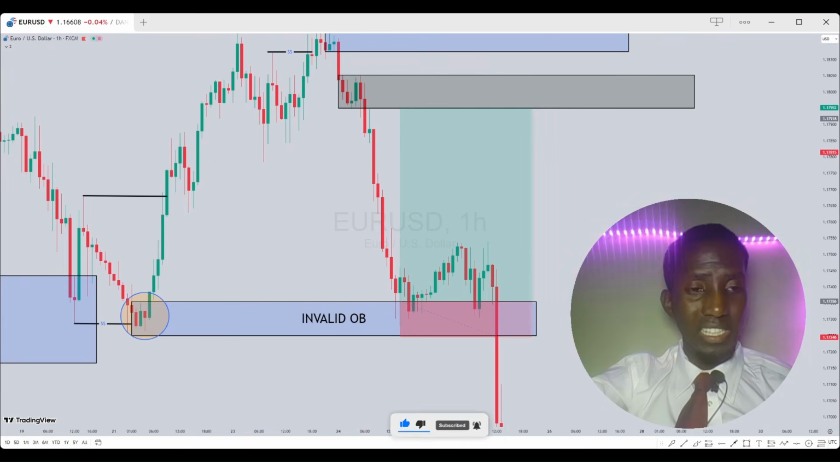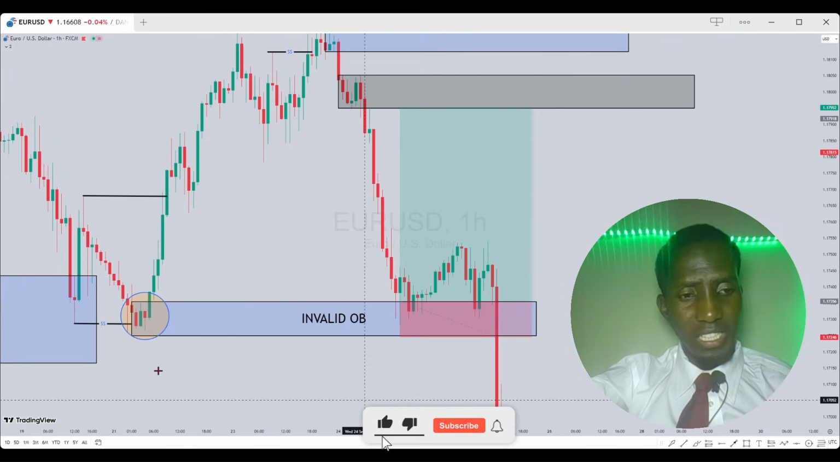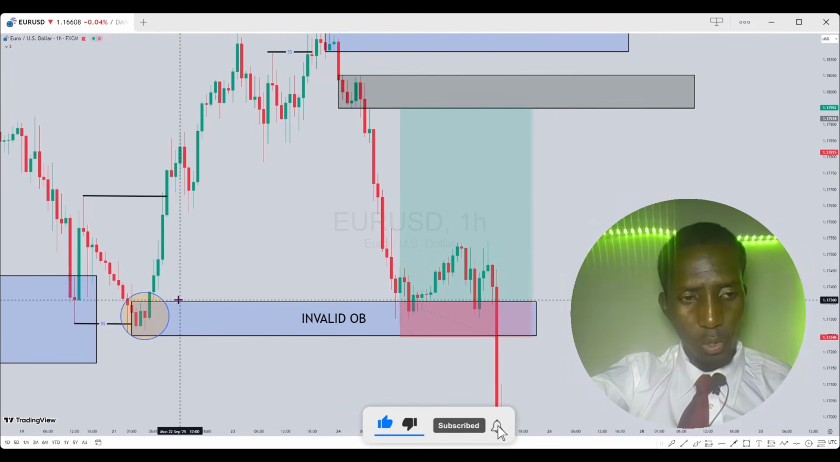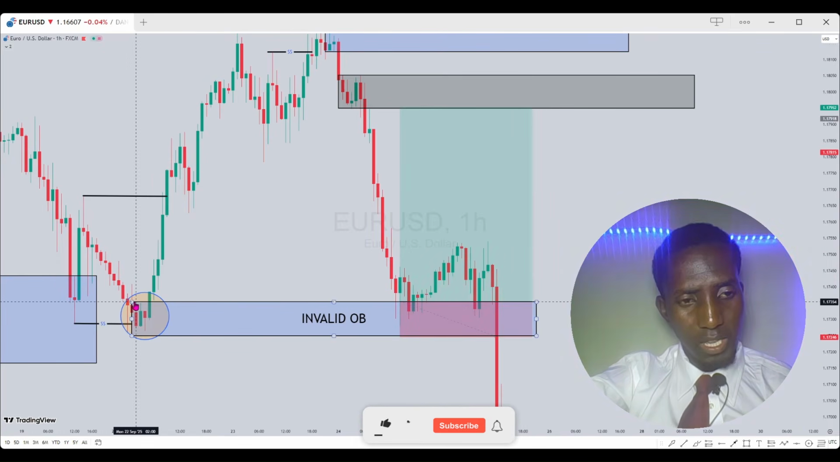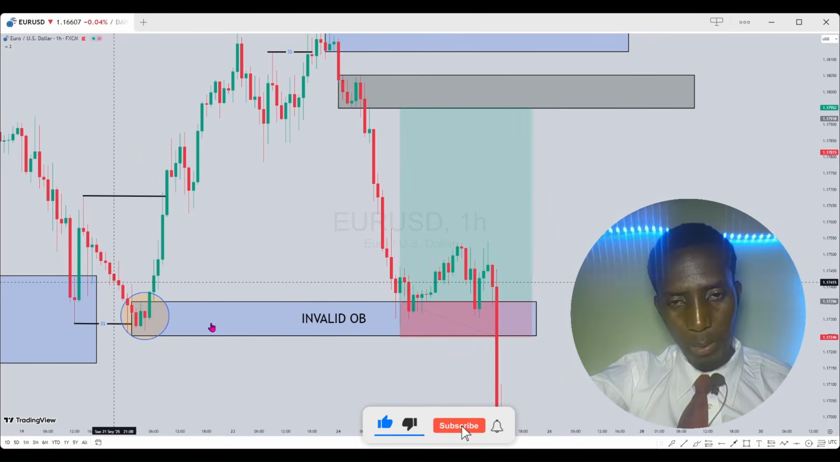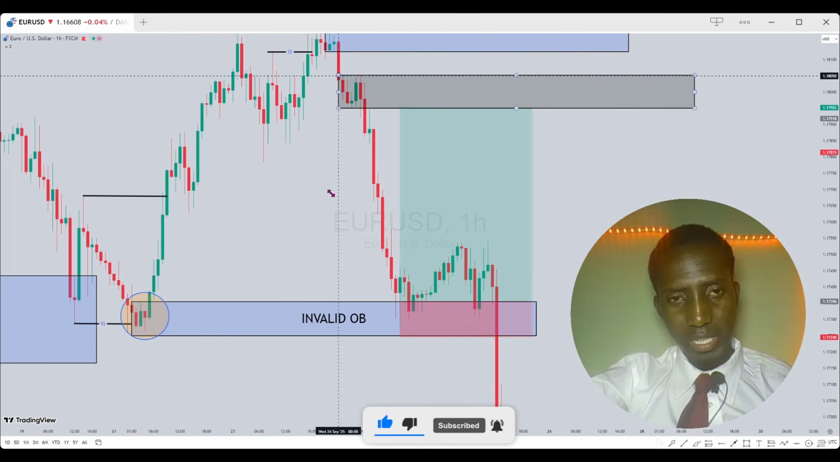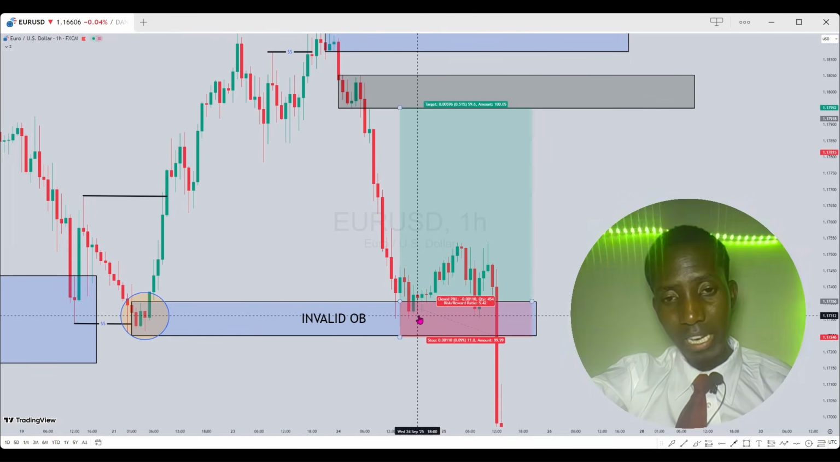Okay, let's look at an example of an invalid order block. As you can see here, this is a zone, there's no gap here. Actually, this is a strong move, but there's no gap here. So this is called an invalid order block. Someone will wait for institutions to push this price to come here, and then maybe it might